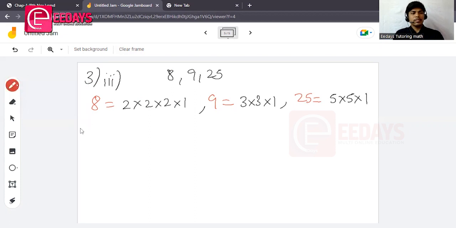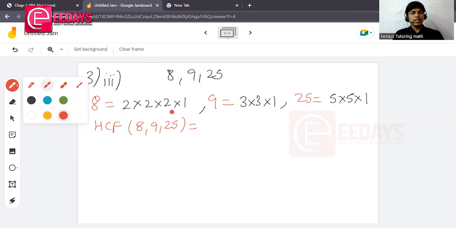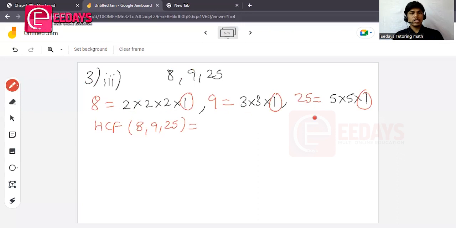Now finding the HCF of 8, 9, 25. All right. So for the HCF, what is common here? 1 is common. Whether we take 1 or not, it's not a big issue. All the factors of 8 are 2's, but 9 and 25 have no 2's. Here there are 3's, but in the others there is no 3. So again the same: HCF is equal to 1. Interesting, right? Similarly, find the LCM